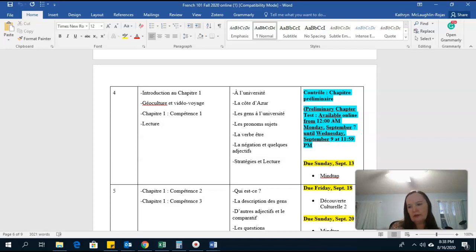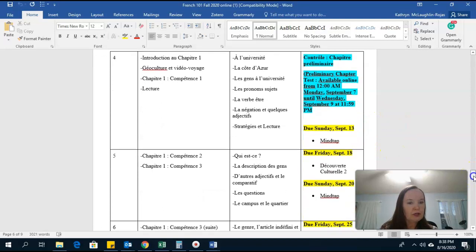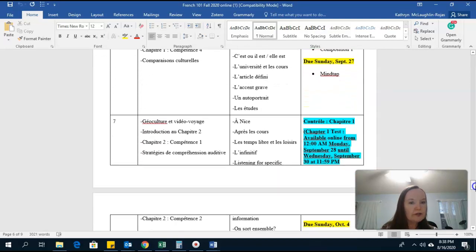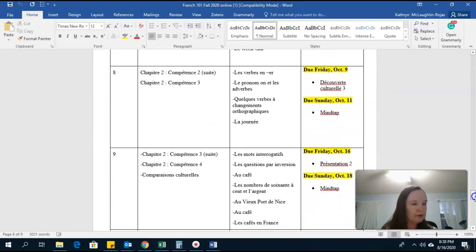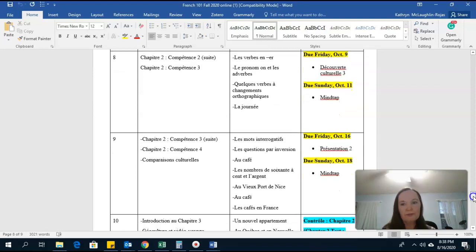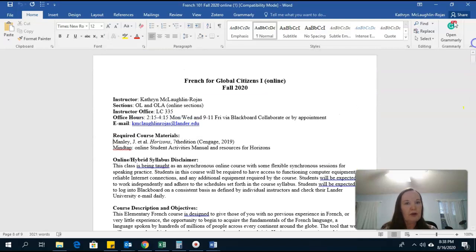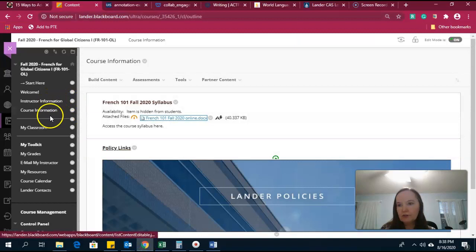The other good thing about it is if you run into any technical problems, if you started it on Monday, we can try to solve that before Wednesday and we get everybody finished all at once. Okay, so you can go ahead and look through the rest of those due dates and you'll see when everything is due. So everything is spread out nicely so that you can work on different activities throughout the semester.